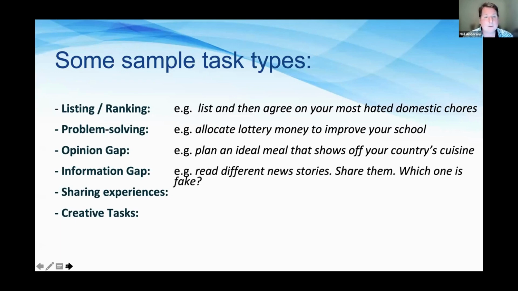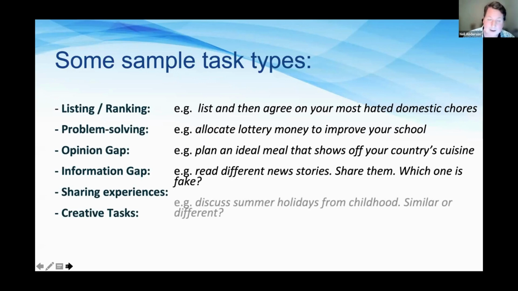Information gap I already mentioned as well. Now, in this case, students have different batches of information. For instance, they've got different news stories and they share them with each other. They can't see each other's, but they communicate, share them, and decide which one is fake news. For example,